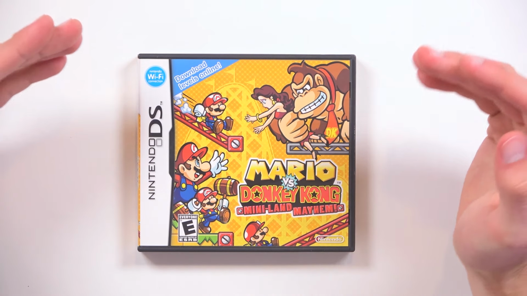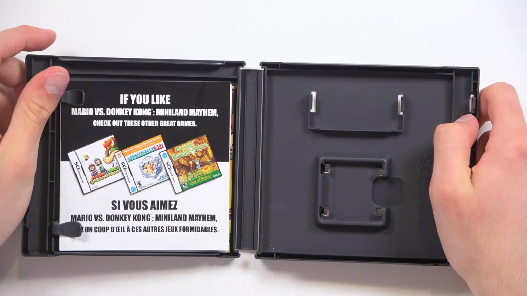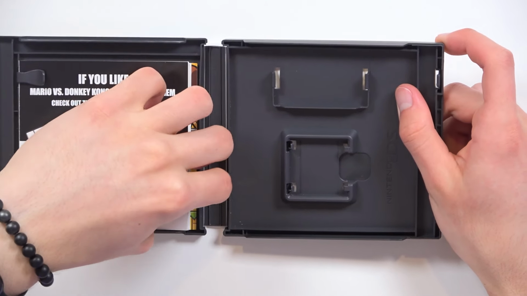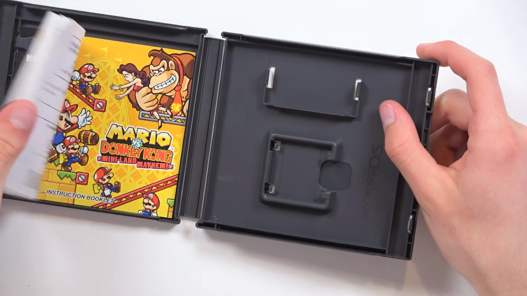It was very great. But our next game is a weird one. So I own Mario vs. Donkey Kong Mini Land Mayhem, but you'll find I don't know where the heck the cartridge went. So I don't know where the cartridge is for the game. When I was young, I probably just went up and lost it. I probably lost the cartridge,